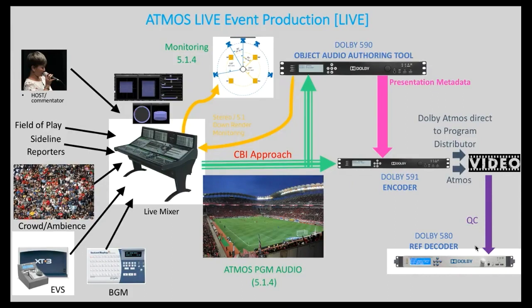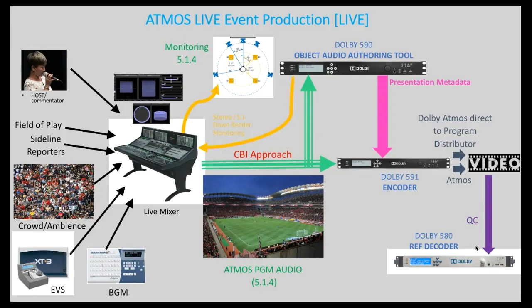And then from there, you're monitoring the program in 5.1.4 with the 4 overheads, and that monitoring is controlled by the DP590, in this example anyway, which is the Atmos authoring tool,